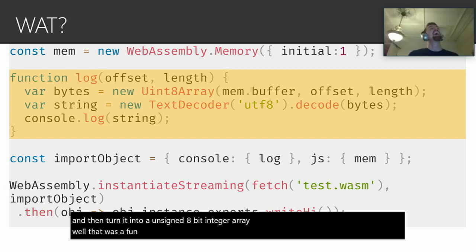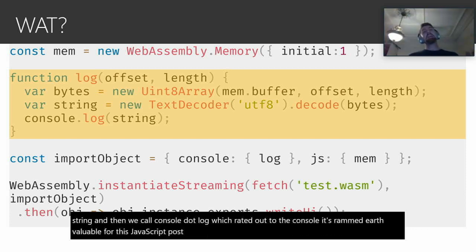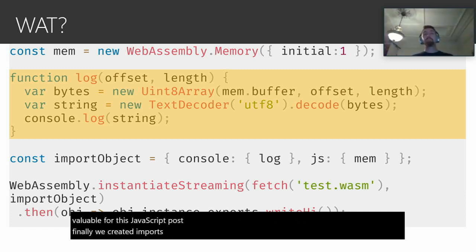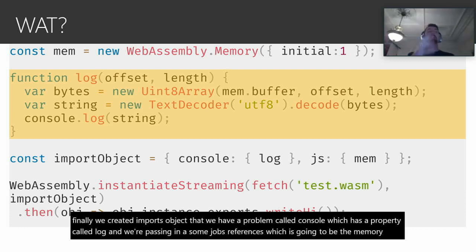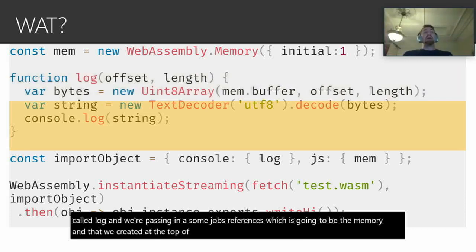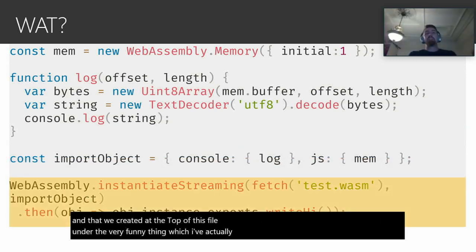Nope, we're back. So we're using a text decoder, a UTF-8, to decode those bytes into a string, and then we call console.log, which writes it out to the console that's available for this JavaScript host. Finally, we create an imports object that has a property called console, which has a property called log, and we're passing in some JavaScript references, which is going to be the memory that we created at the top of this file. And then the very final thing, which unfortunately you can't quite see from the caption that sits in